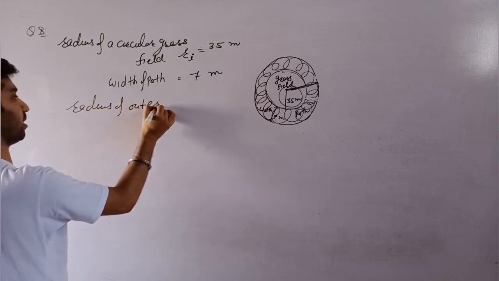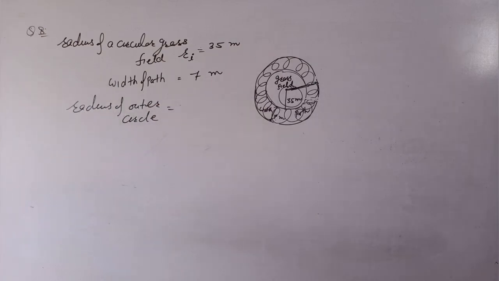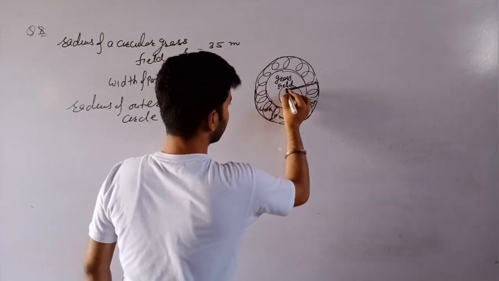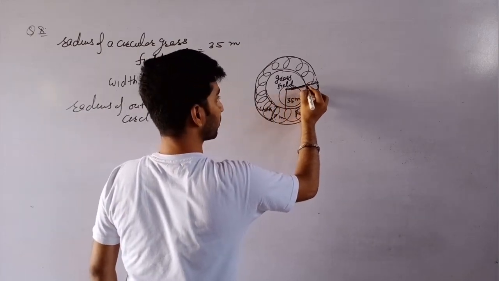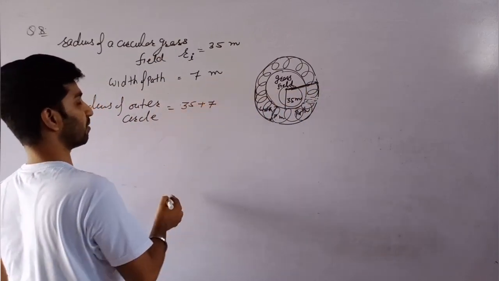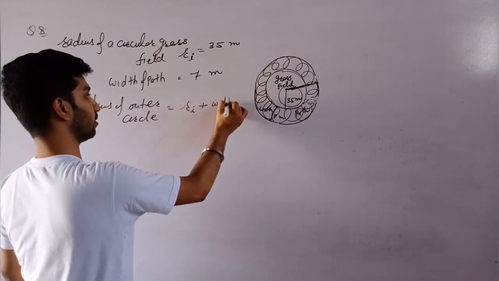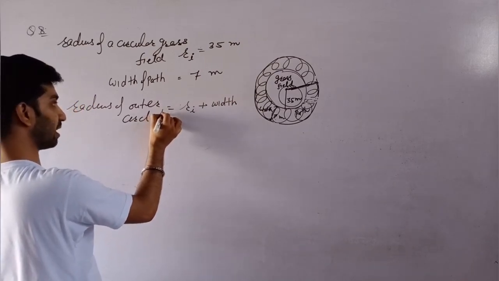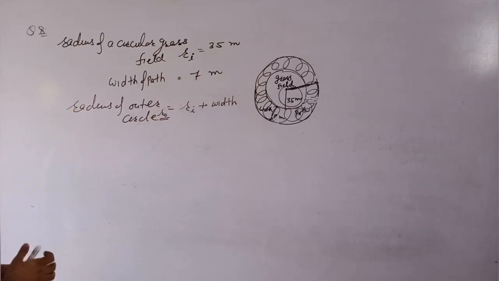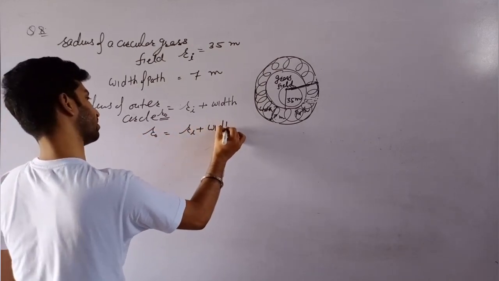तो कैसे आए रेडियस ऑफ आउटर सर्कल। ये रेडियस ऑफ आउटर सर्कल किस प्रकार से हम फाइंड करेंगे। देखिए यहाँ से यहाँ तक कितनी है 35 और ये कितनी है 7, कितनी होगी 35 प्लस 7, मतलब आर इनर प्लस विड्थ, और ये आउटर की है तो क्या बनेगा आर आउटर। तो यहाँ से एक रिलेशन बड़ा इंपॉर्टेंट आ गया, आर आउटर इज इक्वल टू आर इनर प्लस विड्थ।